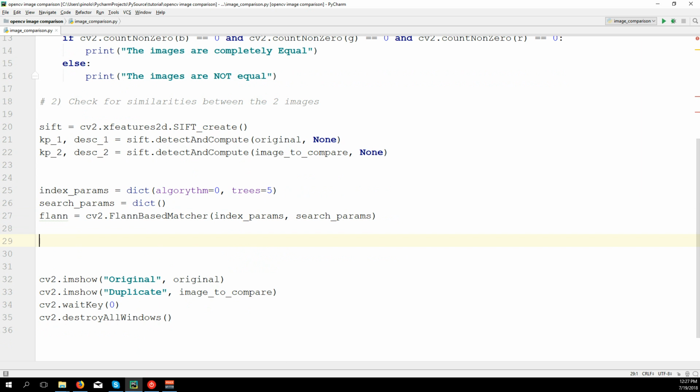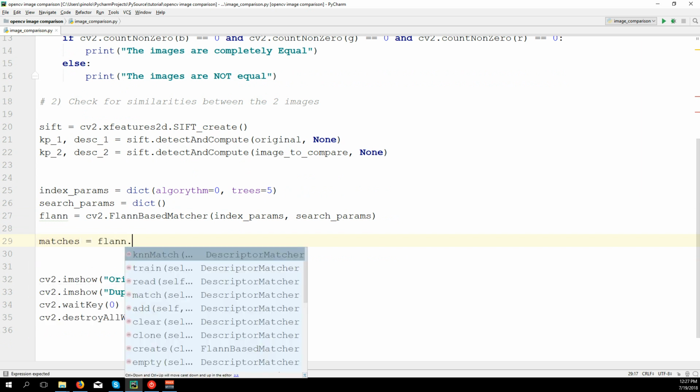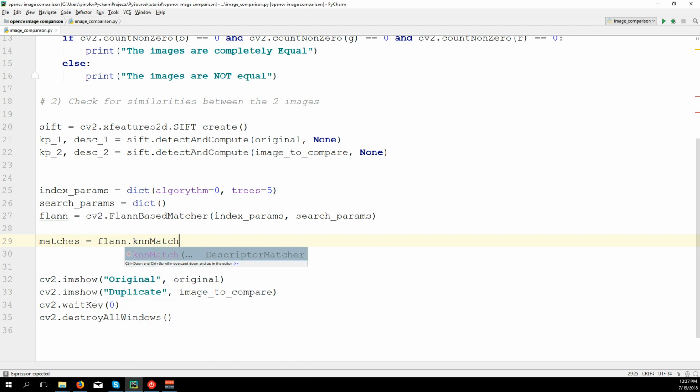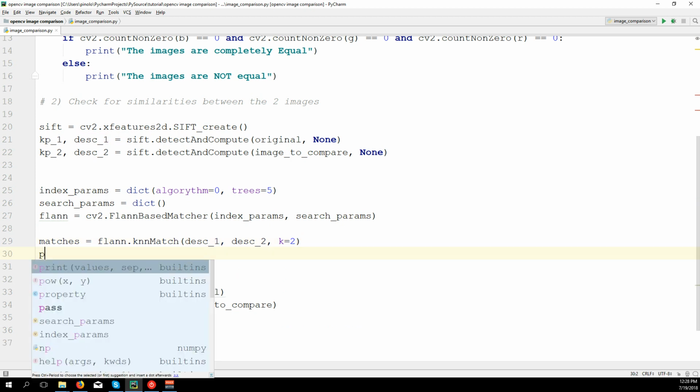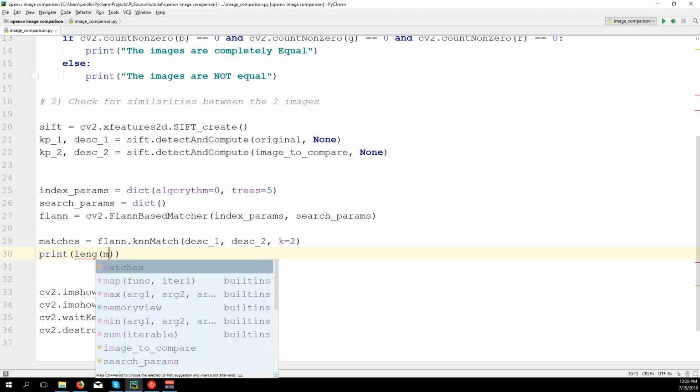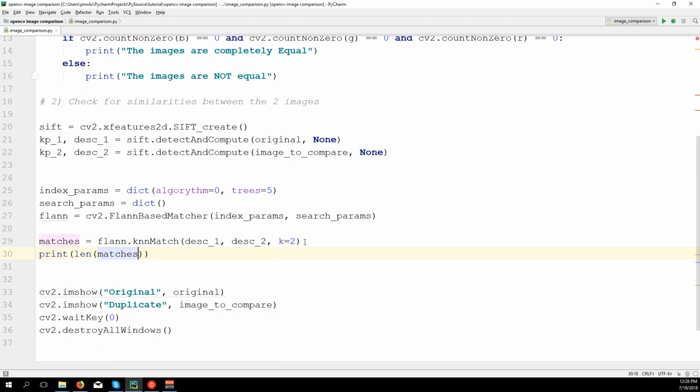Once we have this, we can find the matches. So matches is equal to flann.knnMatch. We take first descriptor of the first image and descriptors of the second image, and we give a k number equal to 2, and that's all. Let's see how many matches we got. Print length of the matches, and I guess